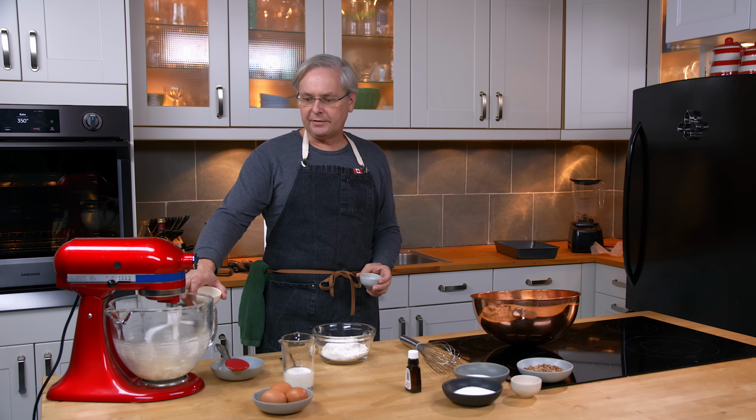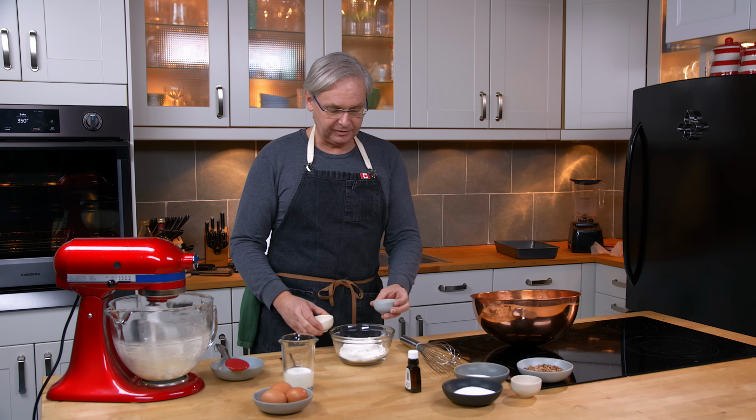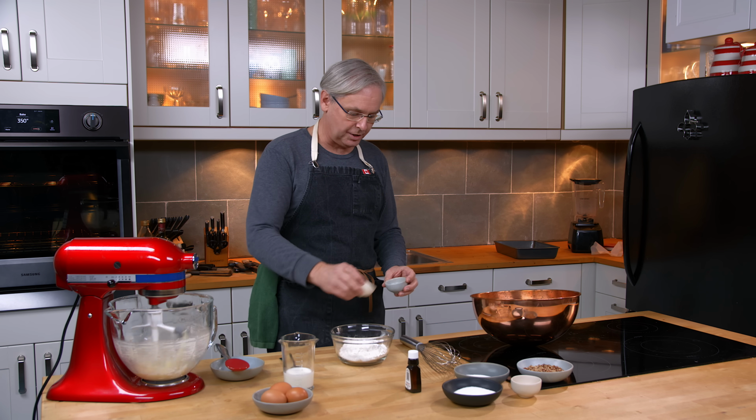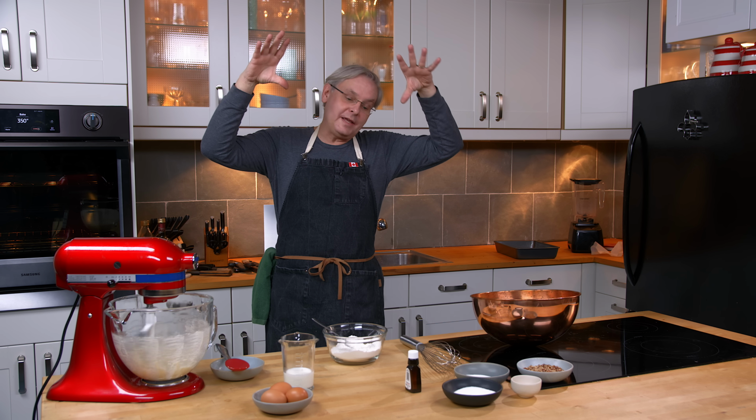So in this bowl I have butter and sugar, and I'm creaming that together. Here I've got some flour, I'm adding baking powder and salt. The lightning cake that I'm making today,